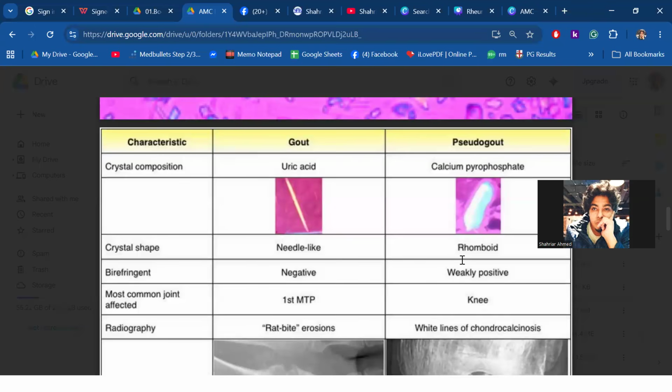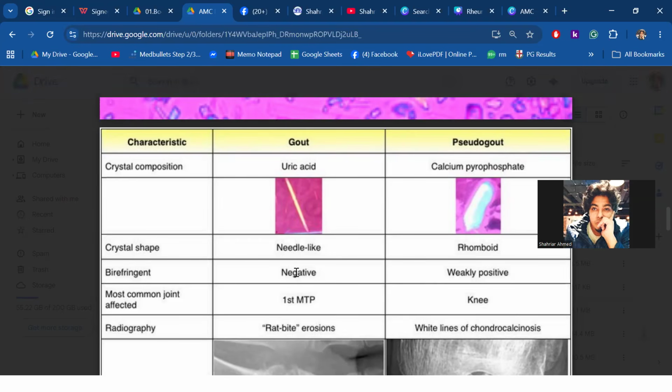Okay, so they will give you a 40-year-old person who recently had a meal. After that he's having so much pain. When you do the PLM test, it is showing negative birefringence. Diagnosis, please. And the pain is grade 2. He says he never felt so much pain in his life. So it's a single joint, male person, large eating, binge eating. It can be alcohol, it can be a meal, and negative birefringence. It is going towards gout.